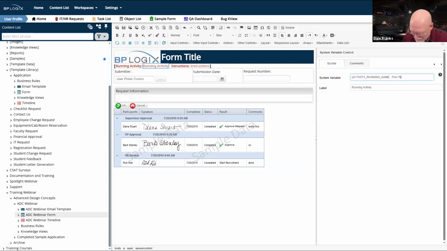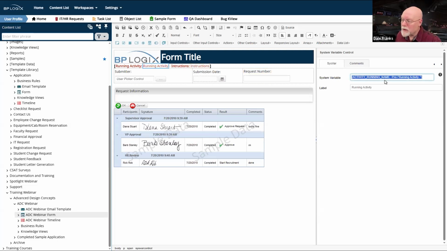Pre running activity, colon, space, quote. So I can do that. And if I do it this way, then this system variable will only display any of this text whenever I am running in an activity.